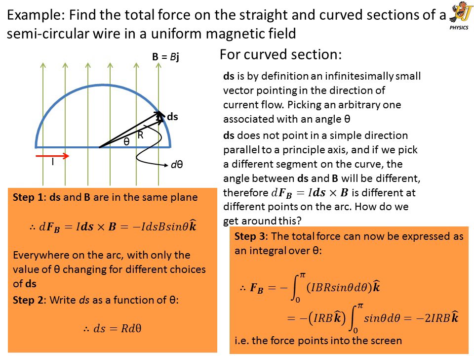In our integrand, the only variable is sine theta, and if we integrate sine theta between the limits shown, we just end up with a total force pointing into the screen with magnitude 2 times the current times the radius of the arc times the magnitude of the magnetic field. Therefore, we've got